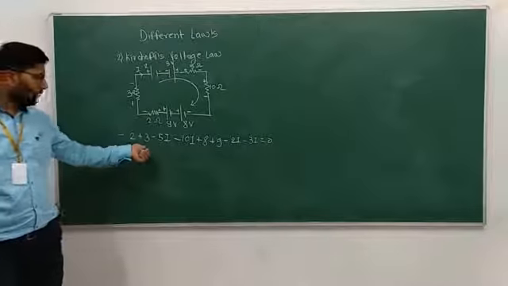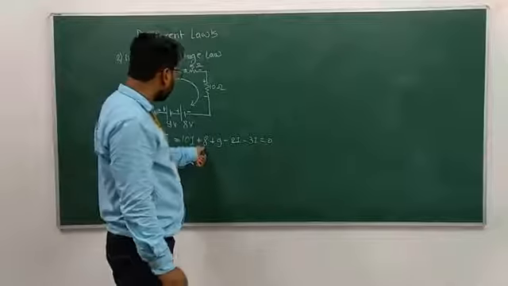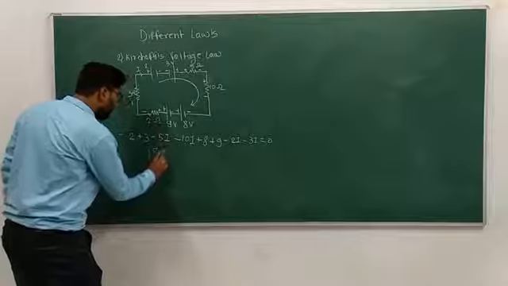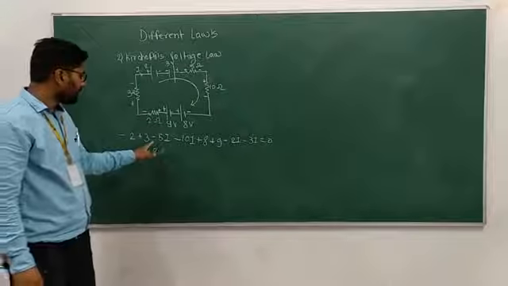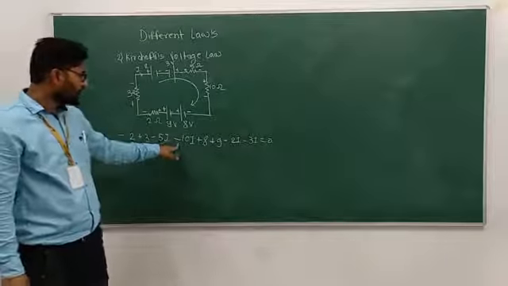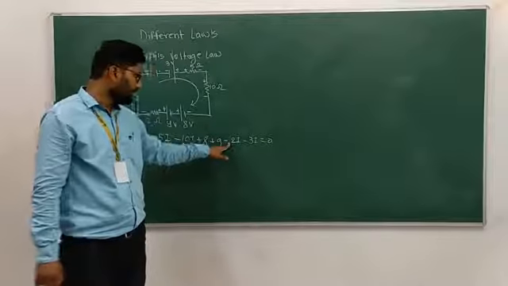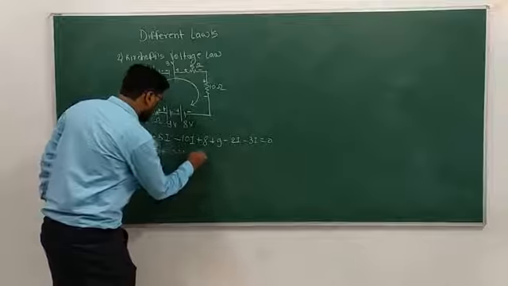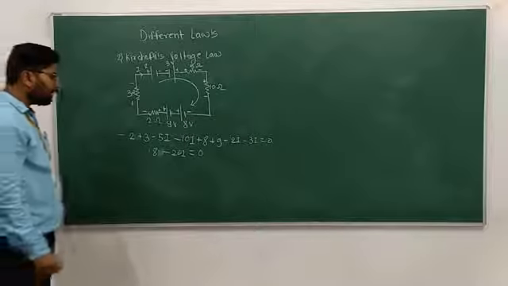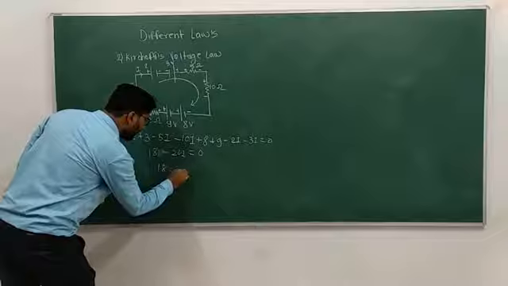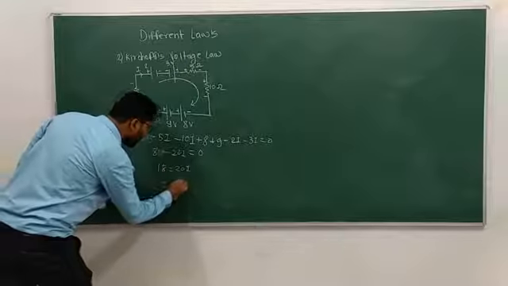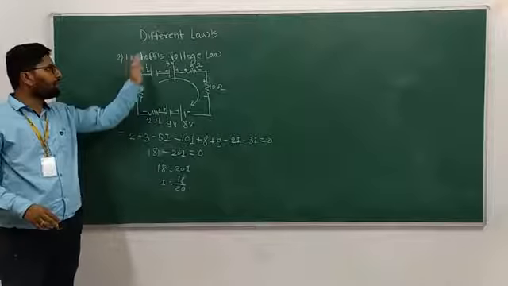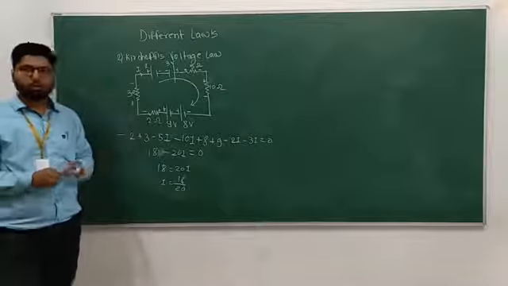Minus 2 plus 3, that is 1. 1 plus 8 plus 9, that is 18. So 18 voltage is there. And how many current? That is minus 5R and minus 10R, minus 15R, minus 2R, that is minus 17R and minus 3R, minus 20R. So that is equal to 0. So how to find out R? That is 18 is equal to 20R. So current will be 18 divided by 20. So that's the way you can find out the current which is available in your loop. So that is called as the Kirchhoff's voltage law.